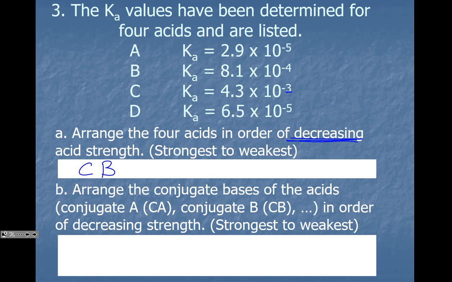Be D. And then A. Okay, now look at the next one, because she could give you a set of data and ask several questions on it. So arrange the conjugate bases. If I have a strong acid, the conjugate base is weak. If I have a weak base, the conjugate acid is strong. So I'm just going to flip that whole thing around, right? So I'm going to go AD,